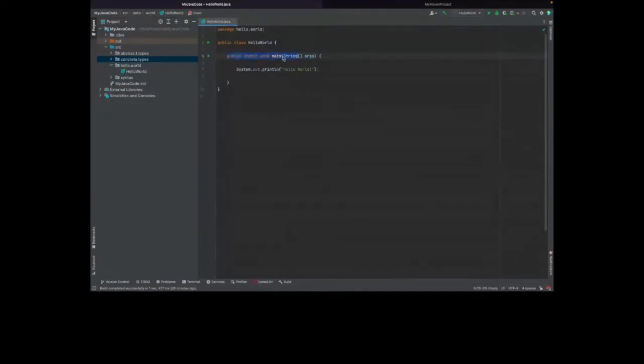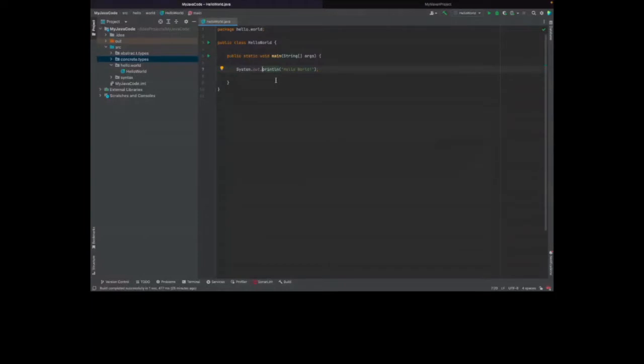Public static void main is a very standard Java function that exists to essentially be the entry point into your program. If you want to write a program in Java, most likely you will start off with some sort of class, probably called application or program or start or launcher or something like that. And you'll have a public static void main function or method inside of it, as it's often referred to. So this is some wrapper code to actually get to the point where we can start running code.